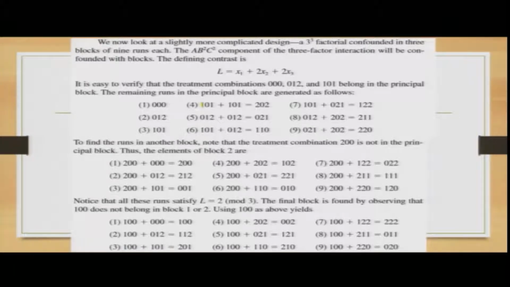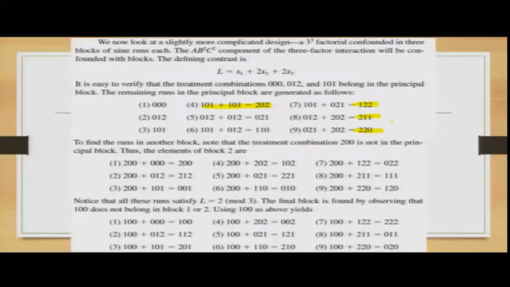So, in this block you will basically have A at both the levels at medium, and then the combinations of B would be at low, C would be at medium. So, it is basically 2 0 2, then you have 0 2 1, then you have 1 1 0. In the third block you have 1 2 2. So, the levels mean A as medium, B and C at high, then 2 1 1 would mean A at high, B and C at medium, and the third one is 2 2 0, which is A and B at high and C at low.